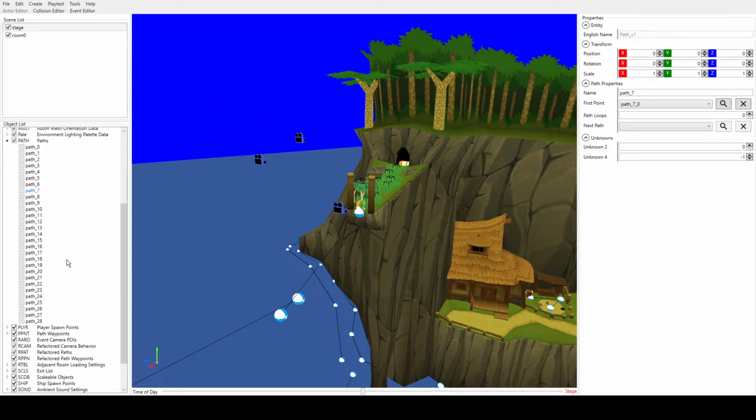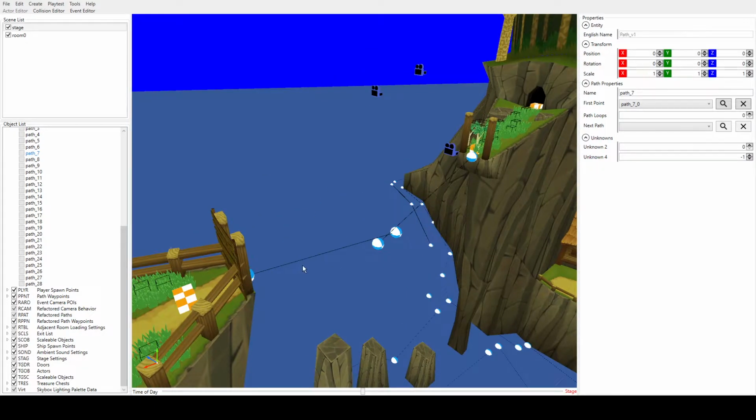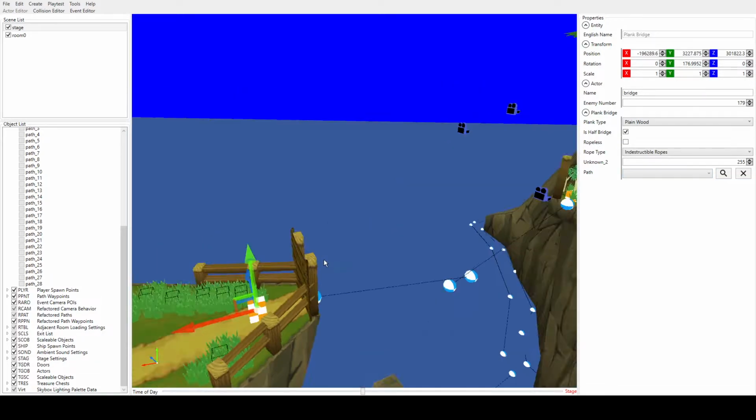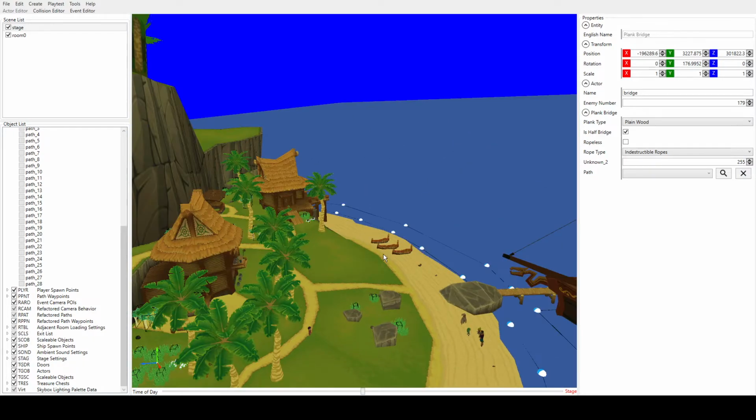So what I did in my hack, it was a pain, but I did each one of them manually into the refactor paths, so the bridge could load, because it needs a path. See how there's no path you can select? That's because it has to be in refactor paths. Okay, so yeah. Anyway,